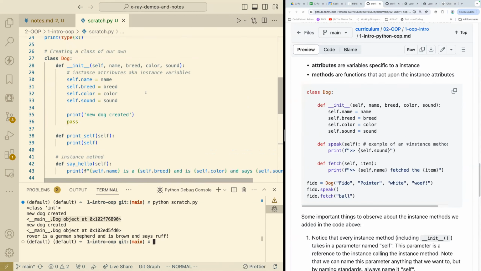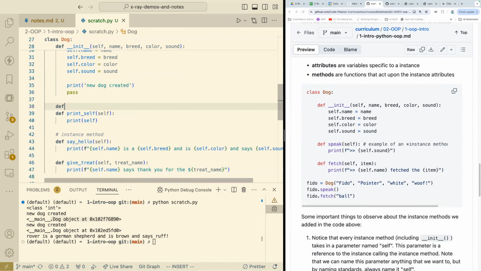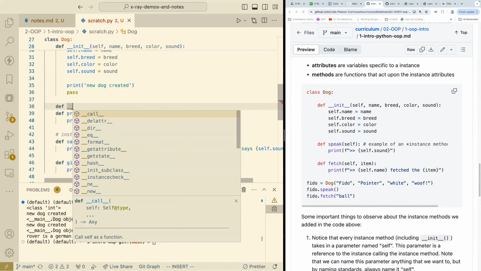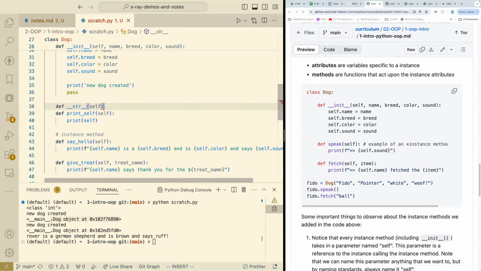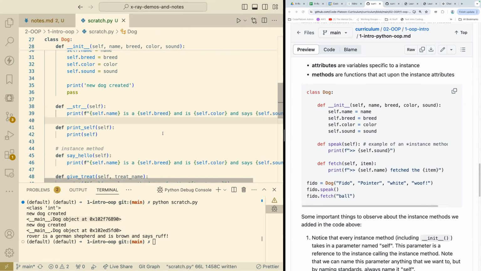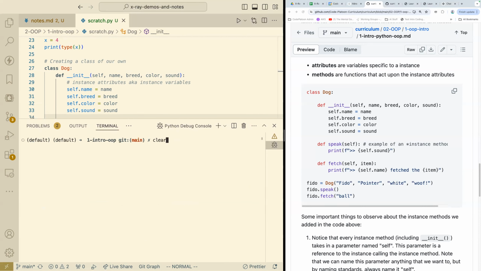And in fact, this is jumping ahead just a touch, but another built-in Python method that you can create for every class is dunder str, which is short for string. Because now that we're creating these more complex things, these classes, it's not just a dictionary, and Python doesn't necessarily know what information we need or care about. So we need to actually tell Python, hey, if someone wants to print this out, what should I say? And now if I run this,